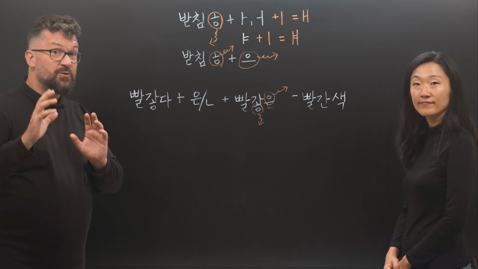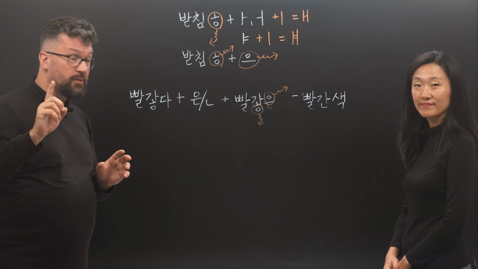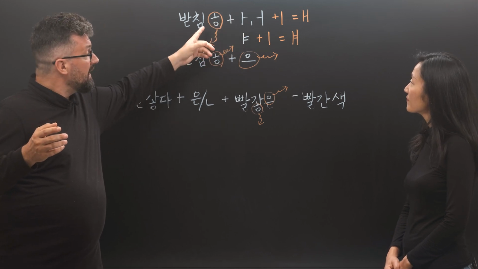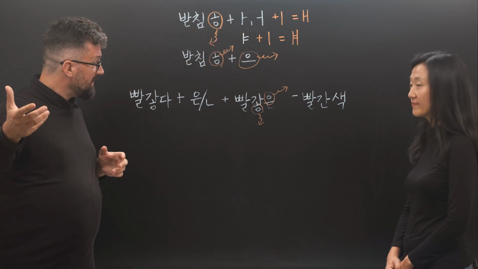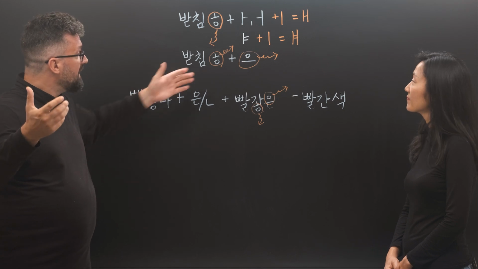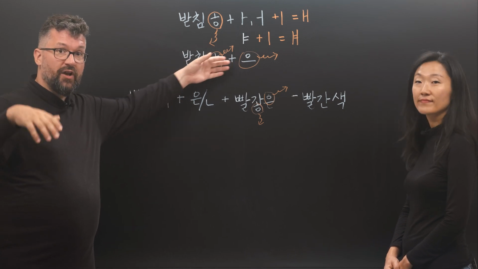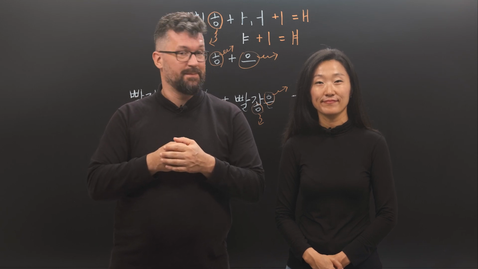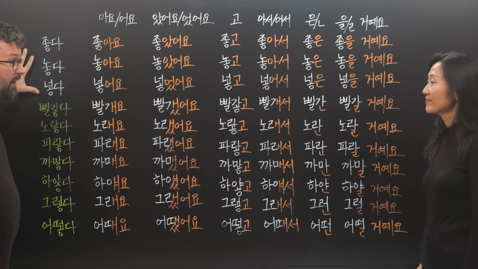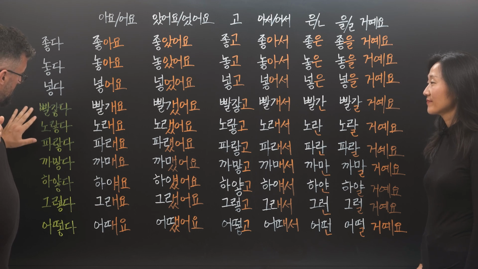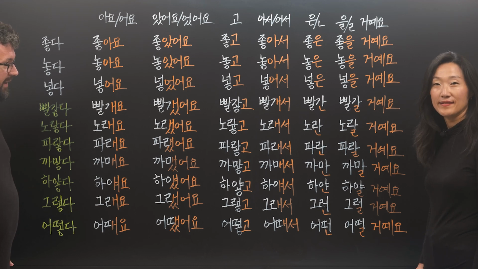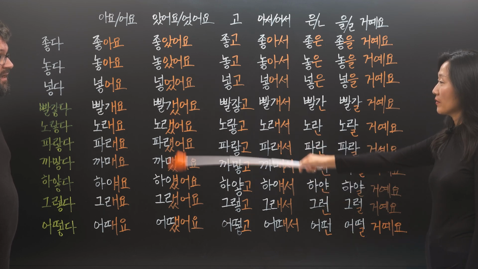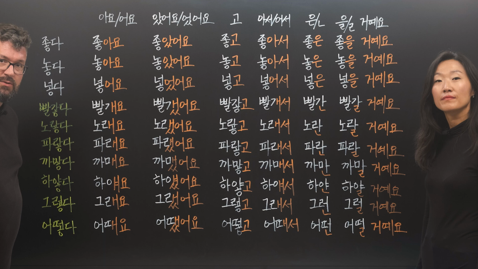Makes sense. So to summarize our two rules, one rule says that when ㅎ meets 아 or 어, ㅎ is removed and ㅣ is added. And the other rule says that when ㅎ meets 으, ㅎ is removed and 으 is also removed. Now let's look at a few more examples. So here we have 3 regular verbs and adjectives, and then all the rest are irregular, right? And these are all adjectives? Yes, and most of them are colors.